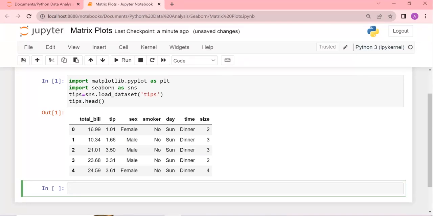Out of all these, total bill, tip, and size are numerical columns, whereas sex, smoker, day, and time are categorical columns. For categorical columns, you'll have a fixed set of values to choose from. Like for sex, it could be male or female. Smoker could be yes or no. Day is days of the week, ranging from Sunday to Saturday, and then time of the meal as dinner, lunch, breakfast, and so on. Now I can also do tips.tail,